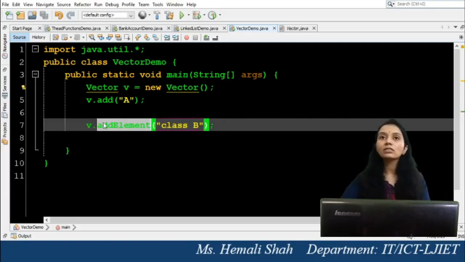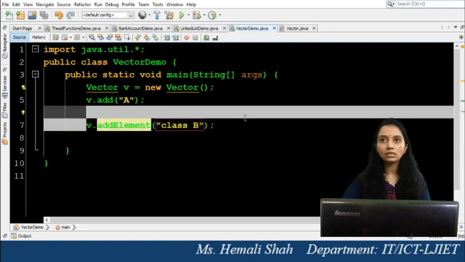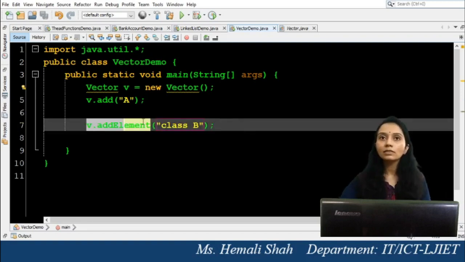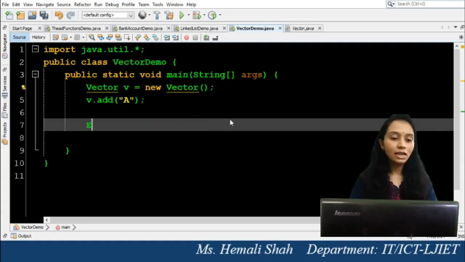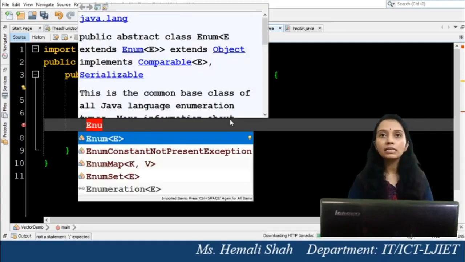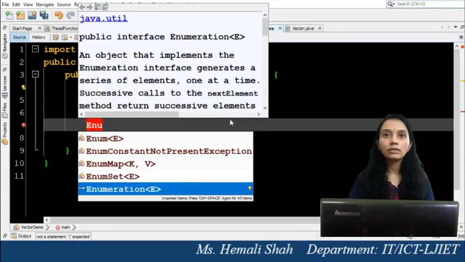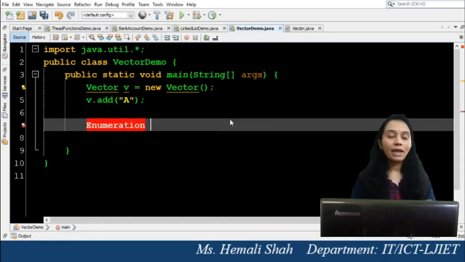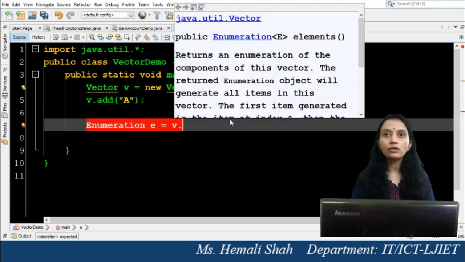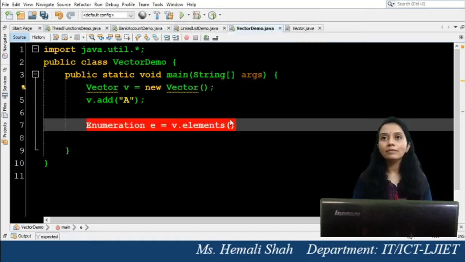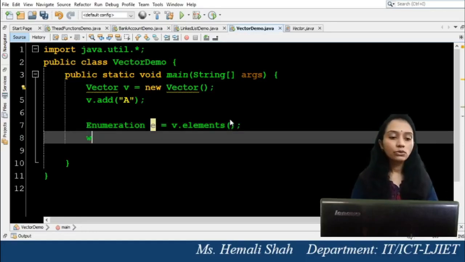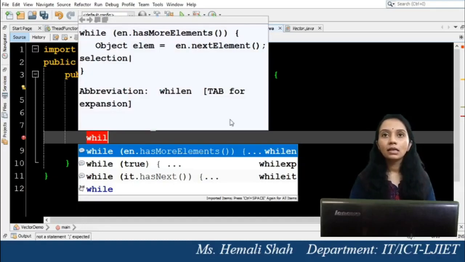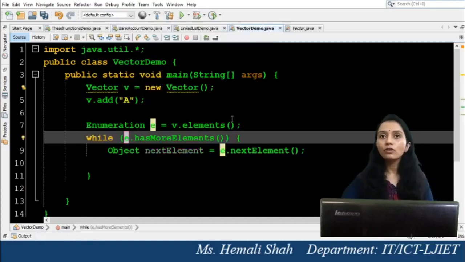The built-in function automatically provides the synchronization concept. Another difference between vector and array list is enumeration. Here you can iterate the vector elements by using the enumeration. You can get this enumeration by using the elements function. This elements function of a vector returns the enumeration object, and using the while loop, while this enumeration has